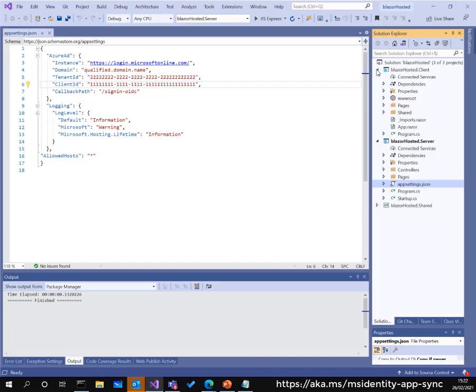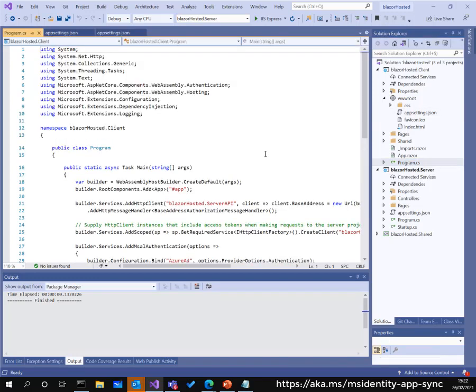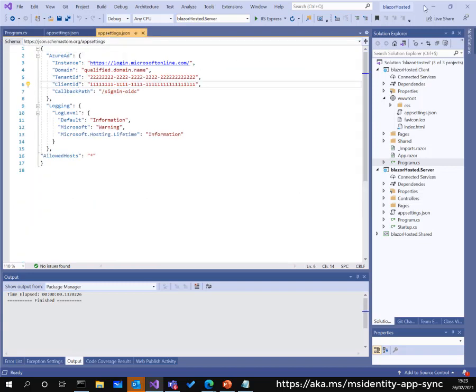And having a SPA here, and this is a special SPA, a Blazor WASM SPA, you also have an appsettings, which is in a curious position. This time it is the authority which is given, and the client ID. But that's not all, because the Program.cs in a Blazor WASM application also has the app ID URI of the API, and here that will be the app ID URI of this server. So those are the files that we would want to configure.